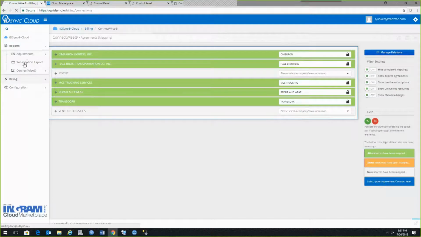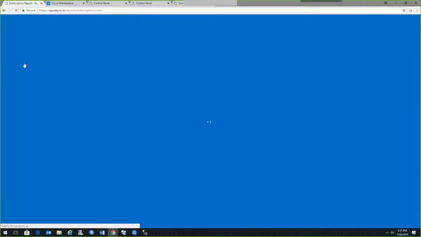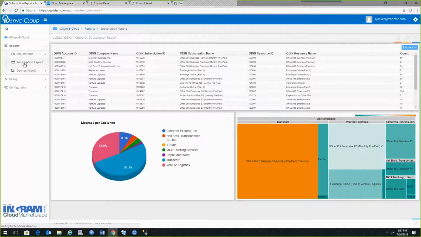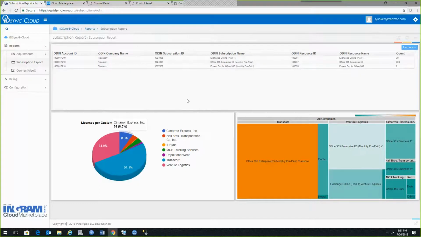So to start with, we have a subscription report. The subscription report goes through and lists in one pane of glass everything you've purchased from the Ingram Marketplace. So every product for every customer is going to show up here. And you can do some analytics on this. You can actually drill down, say, I only want to see what products TransCore purchased, for instance. If I drill down into that, it will live update this top section, letting us know what that particular customer